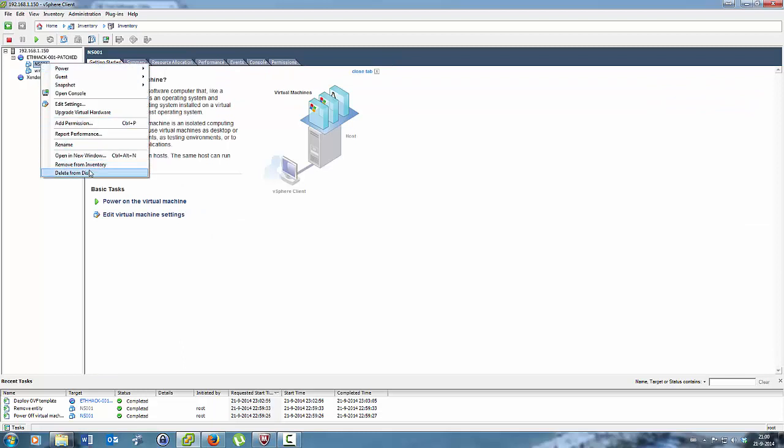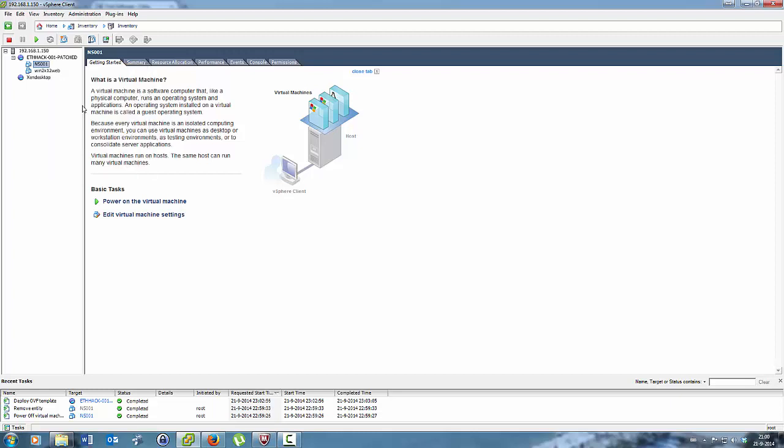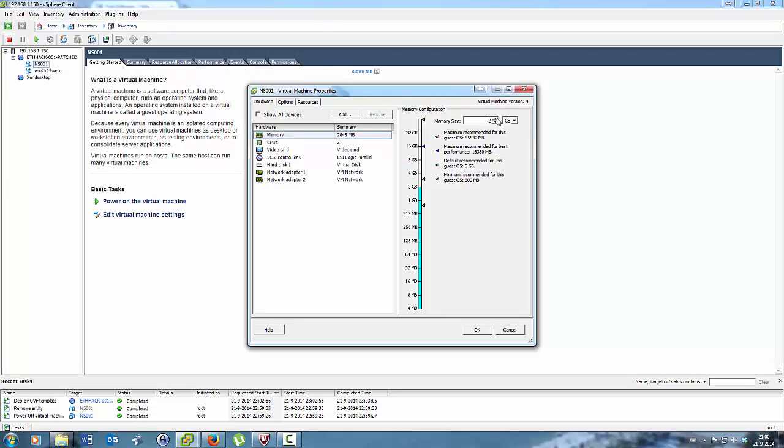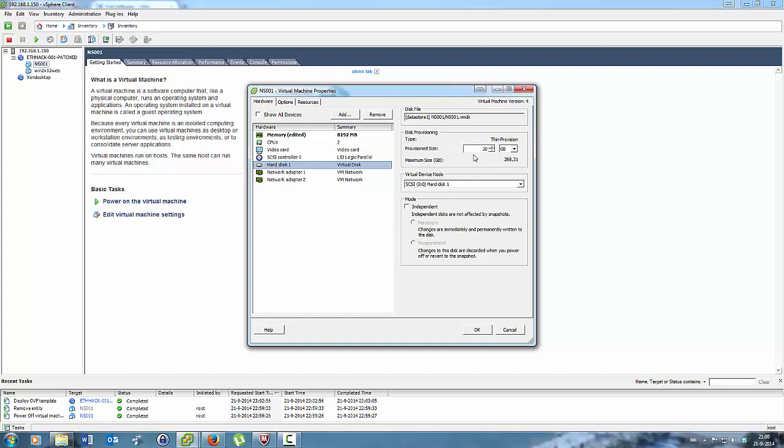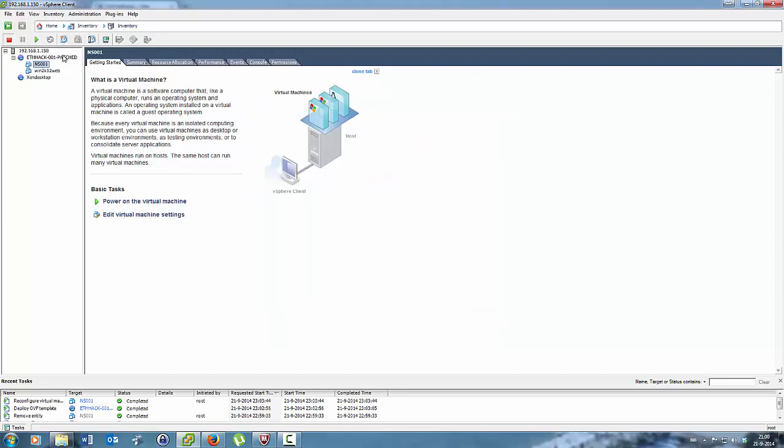Before I'm gonna boot up the Netscaler, I'm gonna make some additions to the settings. First of all, I'm gonna crank up the memory. I'm gonna push it to 8. CPUs is good, which is 2. Hard drive, it's on 20 gigs. I'm gonna make it just a little bit more, 25. That should be okay, and I click on OK, and I'm gonna power it on,